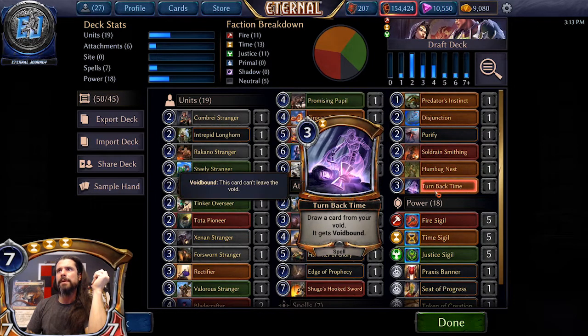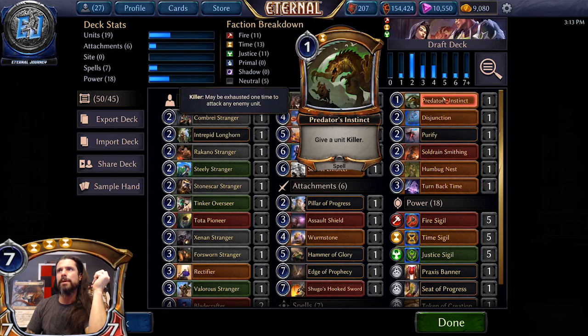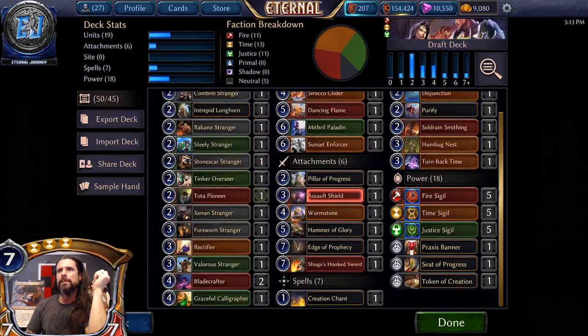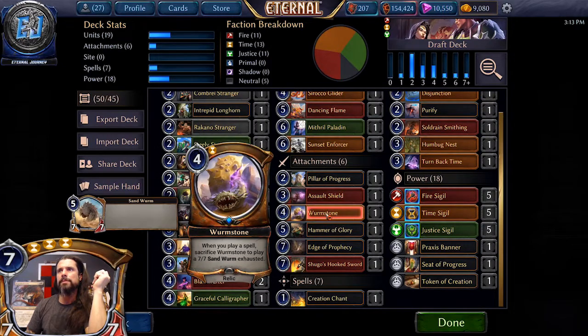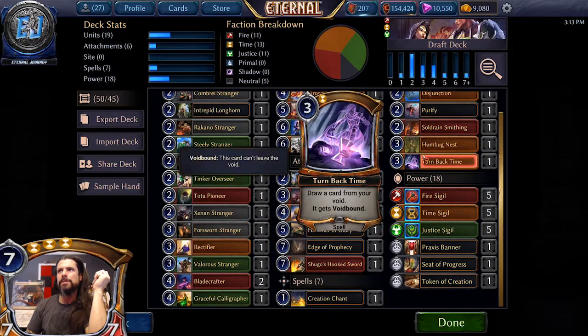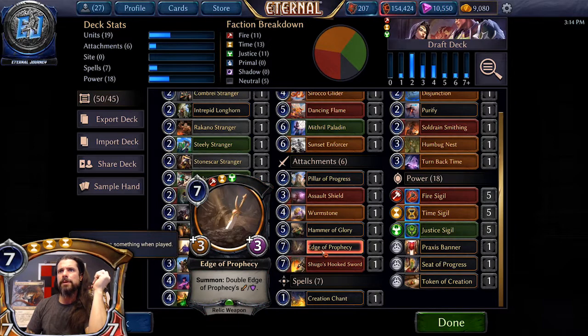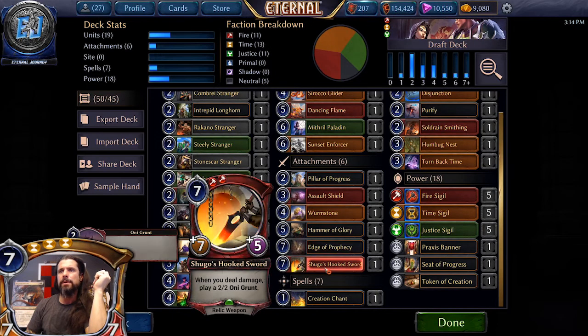Smith, get back a weapon. So we have 3 forms of weapon recursion and 1 form of unit. This goes really well with some of our bigger guys. We have a cheap Wormstone. We have 7 spells, which is good for Wormstone. Plus 2 of these can get back Wormstone as well, so there's a combo. Maybe having 2 7-drops is kind of expensive. It probably is. We'll cut